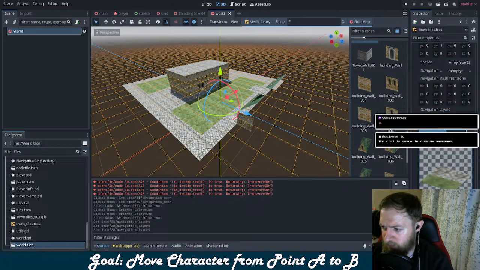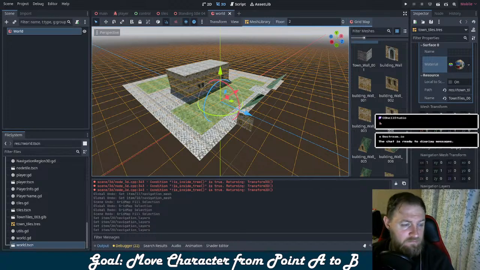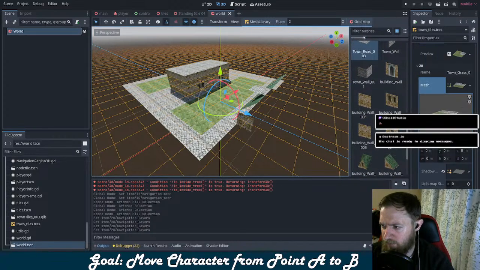That might be okay. Okay, that probably works. If I just do navigation layers, that means I'd have to go change all